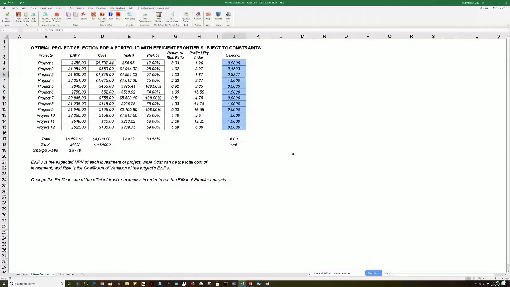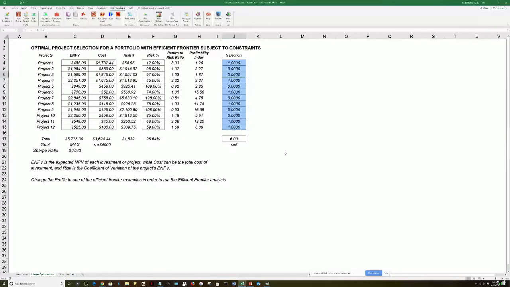And I will click on replace in a bit. So we'll just wait for your screens to actually catch up. And what you should be able to see in this case is, there we go. Maybe it's a little bit slow. What you will see is all the combinations and permutations that could occur, but we don't use all 476 million of those permutations because it would take too long. What we do is we find heuristics and algorithms to actually make this work. And what you would end up seeing is what I see on my screen here, 6 projects. And I spent a total of $3.7 million, okay, under my budget of $4 million.